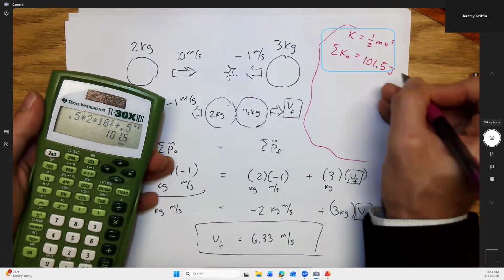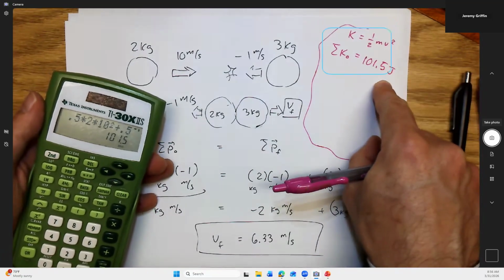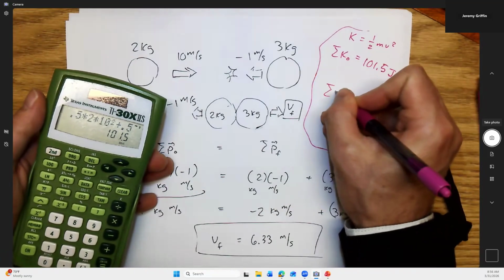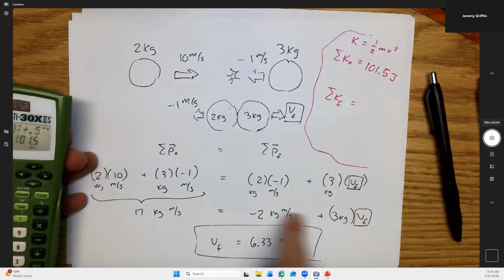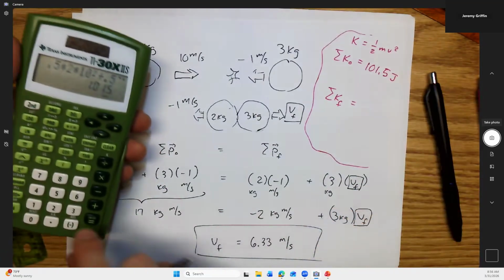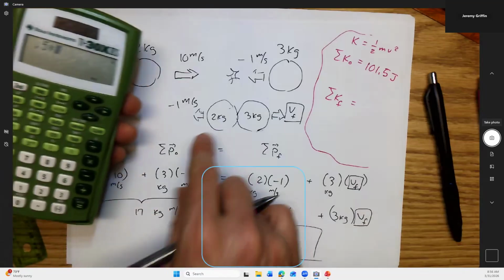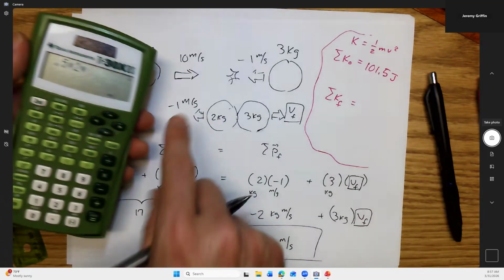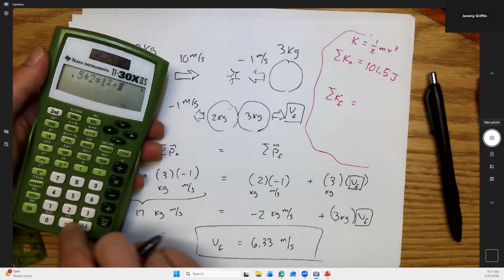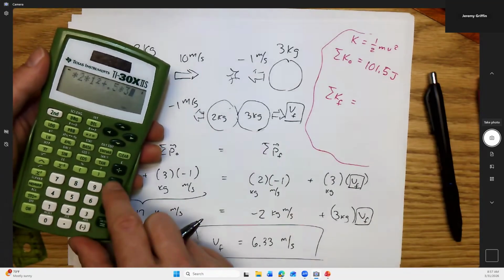Joules! Guys, that's 101 joules. Okay, let's do the sum of kinetic energy post-collision. So final. Now I'm looking down here at these numbers. So I'll do 1/2, the masses are the same as before, 2 kilograms, but that's going at 1 meter per second, and square it. Plus 1/2 of the other guy's 3 kilograms,